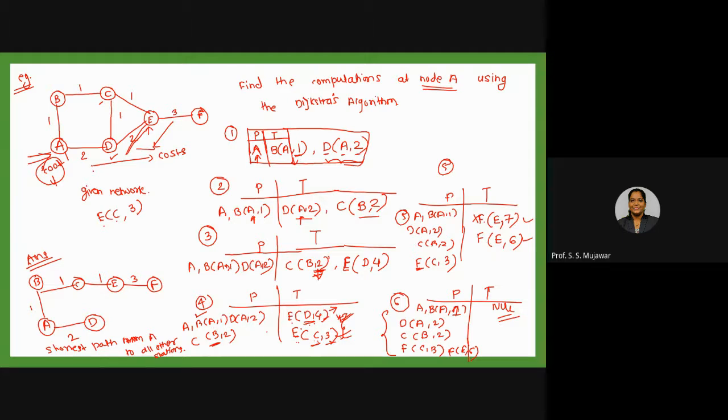Now I need to select the one which has the less cost, right? So E of C3 I will select. The distance of 4 is more than 3. So E of C3 I will select, and I will move this into the permanent column. So E of C3 I have moved. Now from this E, which paths or which nodes are present directly? So here is a connection of C, D and F, from which C and D are already visited, only leftover is the F.